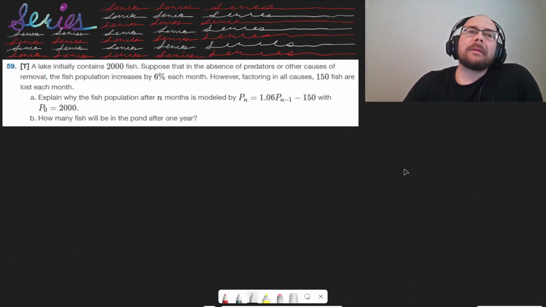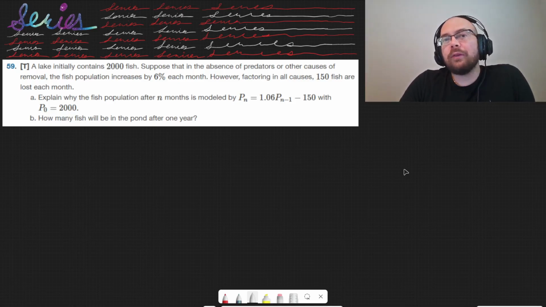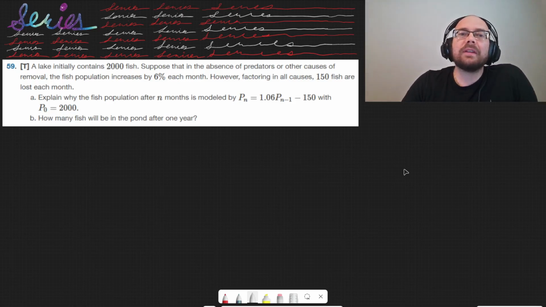We are on number 59. A lake initially contains 2,000 fish. Okay, that's a pretty good amount of fish. Suppose that in the absence of predators or other causes of removal, the fish population increases by 6% each month. However, factoring in all causes, 150 fish are lost each month. Explain why the fish population after n months is modeled by the given formula, with p sub 0 equaling